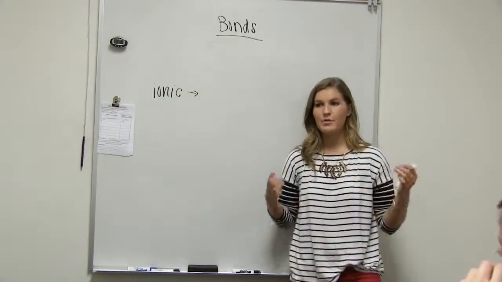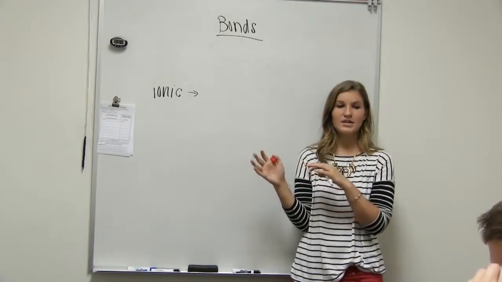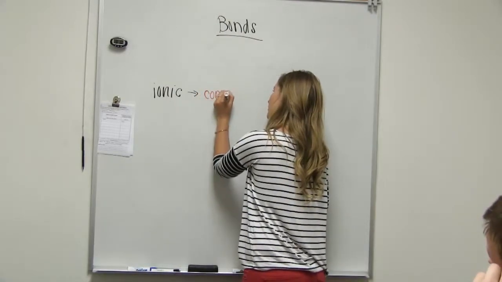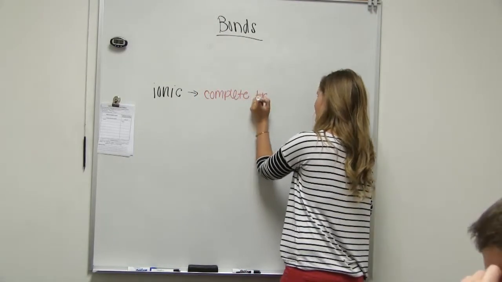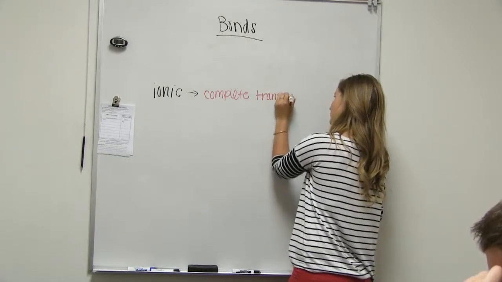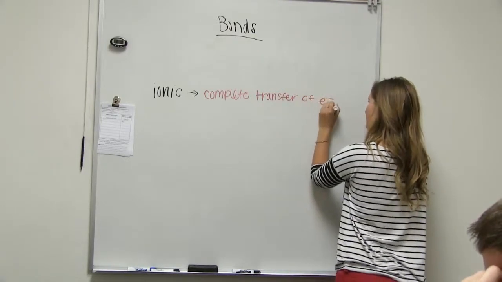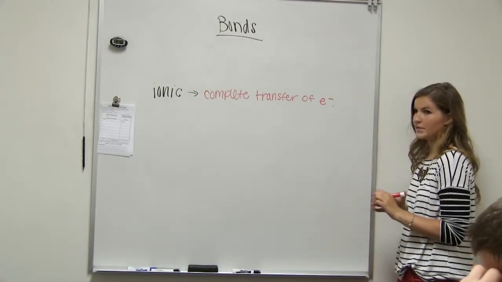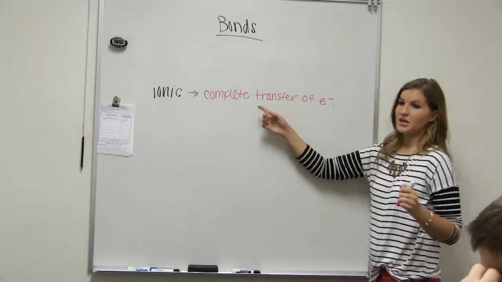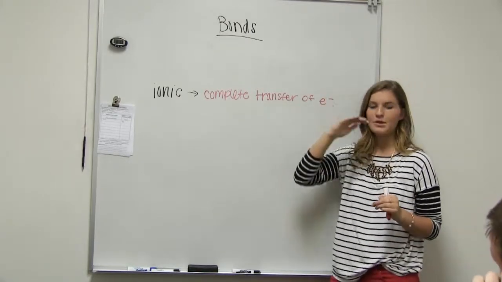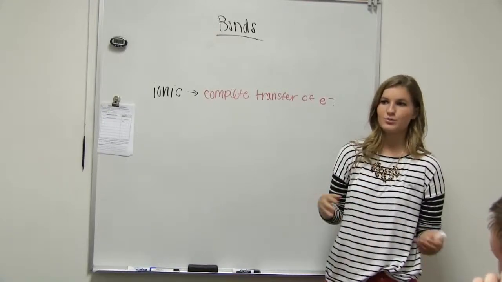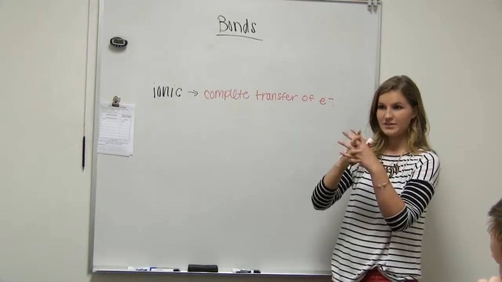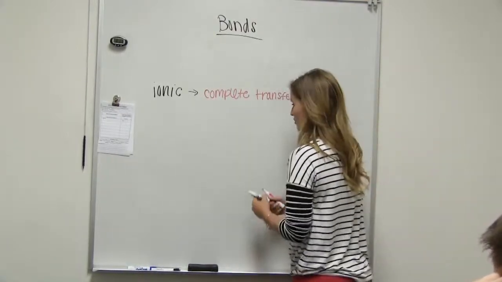So ionic bonds is going to be when we have a complete transfer. If you see that word in the definition, you automatically are going to know it's an ionic. So complete transfer of electrons. Okay, so this is kind of our dating or our marriage scenario. Covalent bonds are more dating scenario like. Ionic are going to be our marriage ones. So complete transfer. So if we look at sodium and chloride,